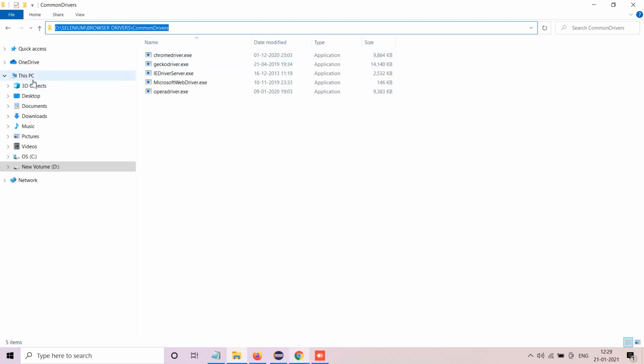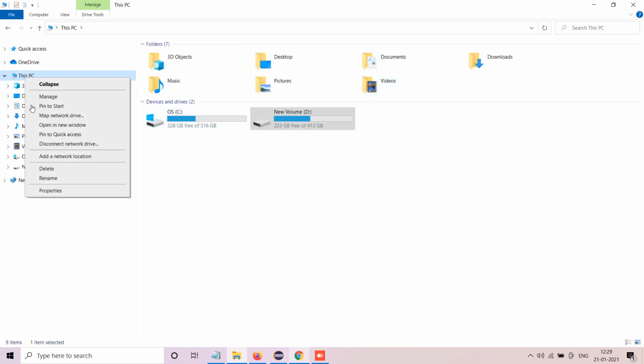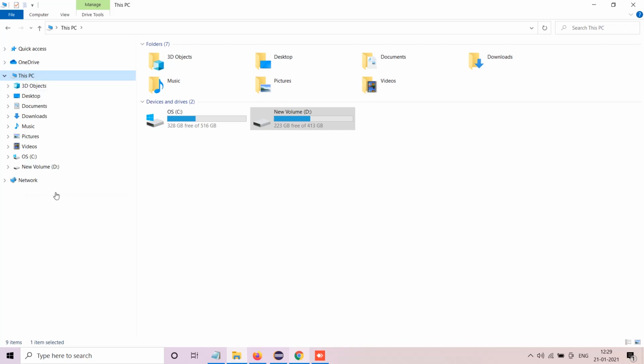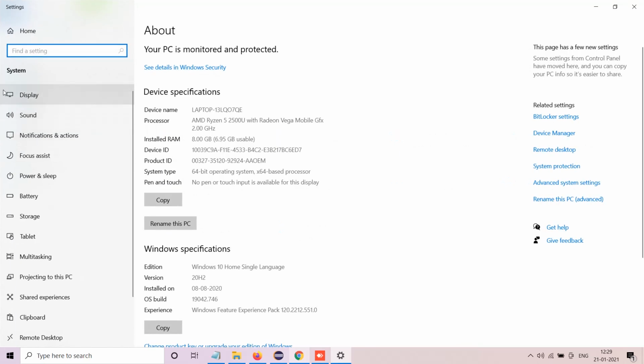Go to This PC or My Computer, right click and go to Properties. Earlier, when you right clicked on Properties, on the left hand side you used to see Advanced system settings as the fourth link. But now the UI has changed a bit because of the latest updates in Windows 10. Whether you're using a Home edition or a Professional edition, you can still have a look. You will see the Advanced system settings section. This link is technically used to configure our environment variables. So click here.